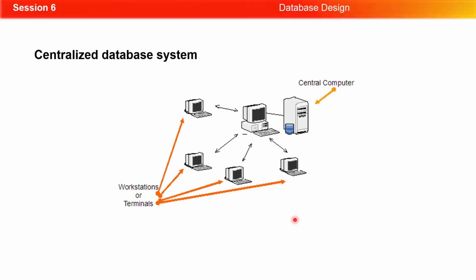So if we look at this model here, we can see the central computer, the central host or the central node where the data is managed, and this icon here typically represents a database. You can see some kind of a client here where the application or the DBMS application is actually accessed, and then we can see the workstations, nodes or terminals that actually access this data either through applications or through some